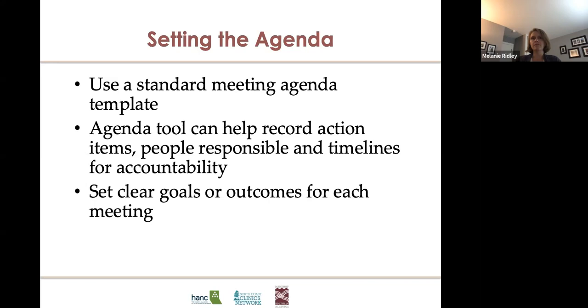You want to make sure that if you have a longer meeting, say you do have that hour-and-a-half long meeting, take a break. Give people a chance to stand up, stretch, get some water. Having that plan for a break is important. And then having the agenda available during the meeting so everyone understands where we are and what's happening.